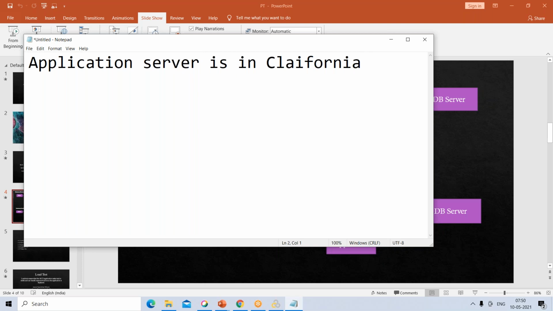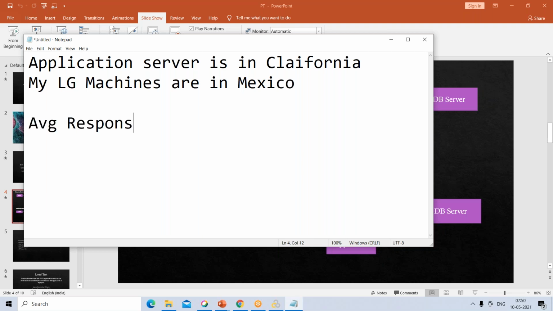Now my load generator machines, from where all these requests are hitting simultaneously from my tool, are in Mexico. Now I ran the test, and my average response times were 3 seconds.